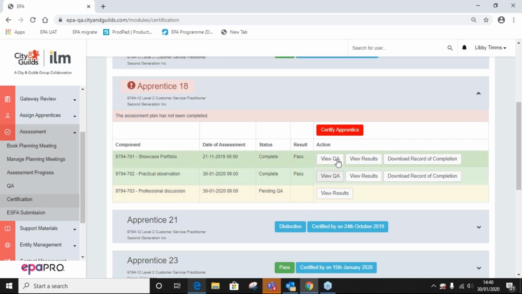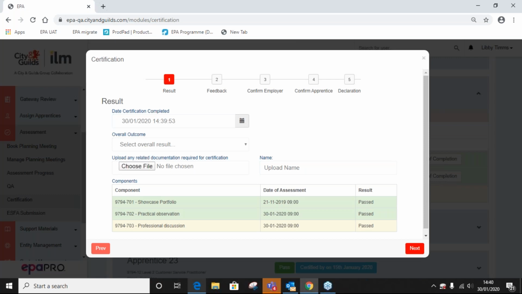So if we wanted to process these two components, we would certify the apprentice by clicking the red option above. It will give you a breakdown at the bottom that the showcase portfolio and the practical observation are a pass, but the professional discussion is actually waiting QA.